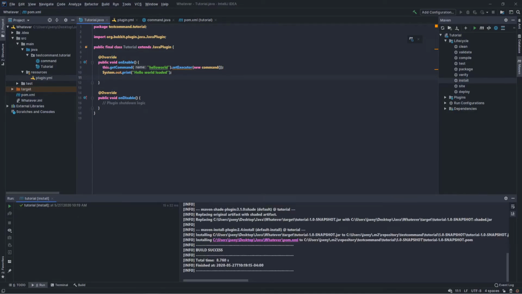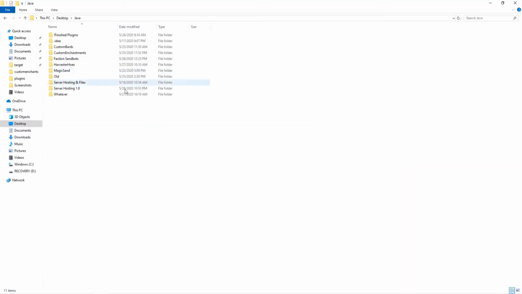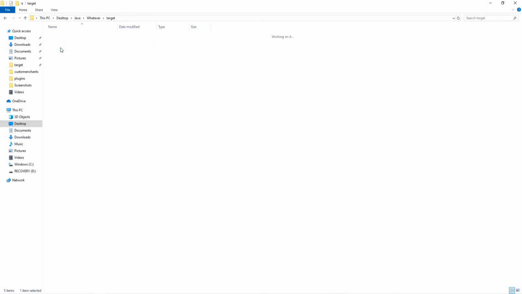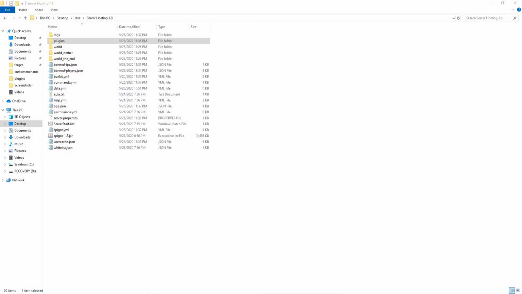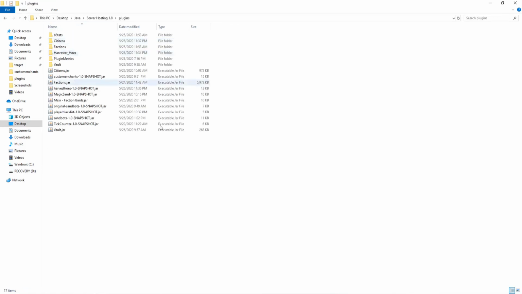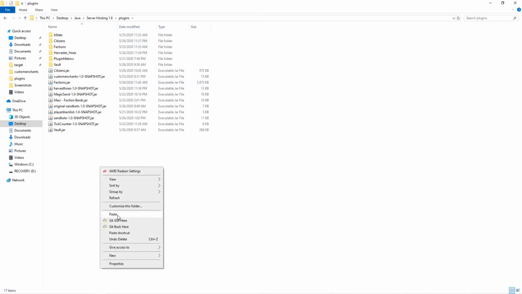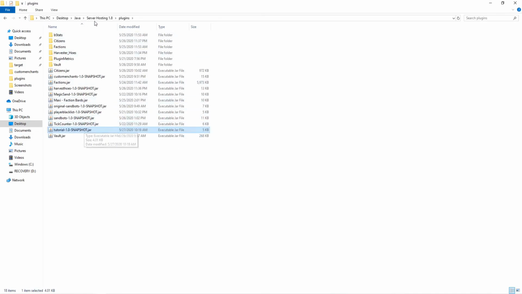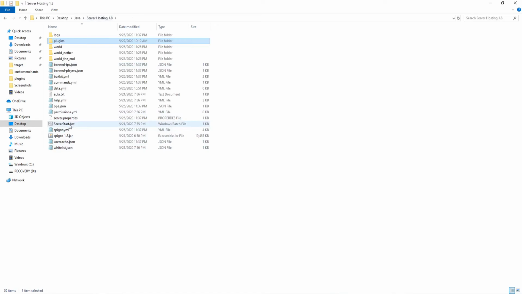And now that it's installed, if we bring up my Java folder right here, if we go to what we created, which is whatever, and then we go to target, and we go to tutorial snapshot, we can copy that and then paste it into whatever server we want. Okay, so I'm going to be using my local hosted server. So if we go into plugins, you can see I already have some, but we'll just paste in the new one that we made. It will load there. And now if we click server start,